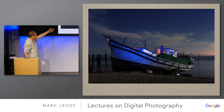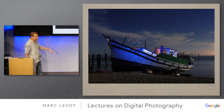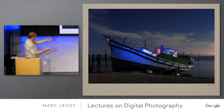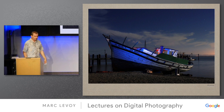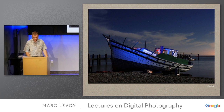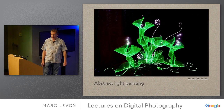So here you get a blue light on the front of the boat and lighting from a couple of other places in the boat where, well, I was standing. Well, you would see me in a shorter exposure, but it was dark enough and the exposure time long enough that you don't see it. Of course, you can point the light at the camera and